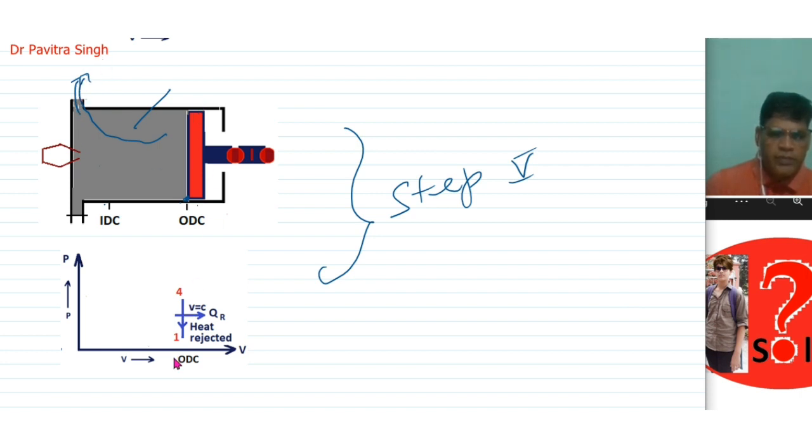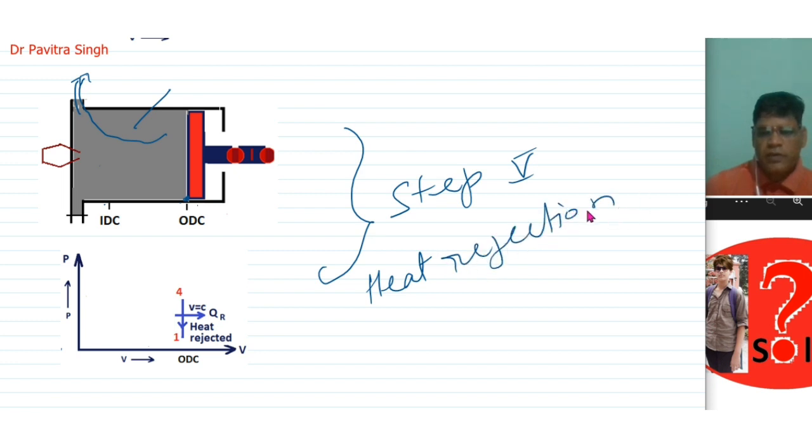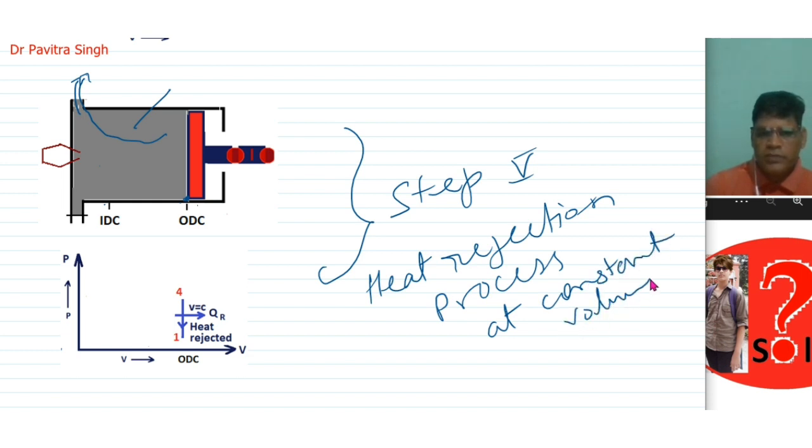So this piston is at ODC, means volume is constant because piston is not moving, and this is open. So in this situation, the heat rejected from this IC engine is at constant volume. So this is actually the heat rejection process at constant volume. Okay,